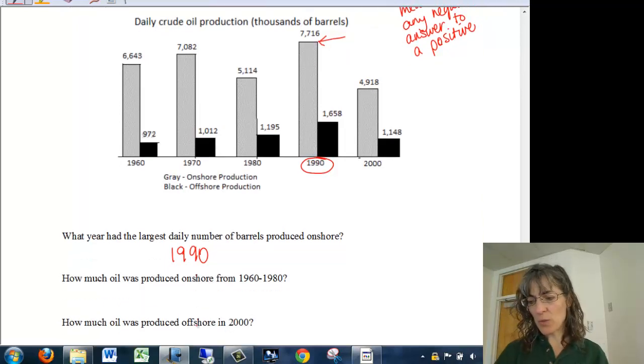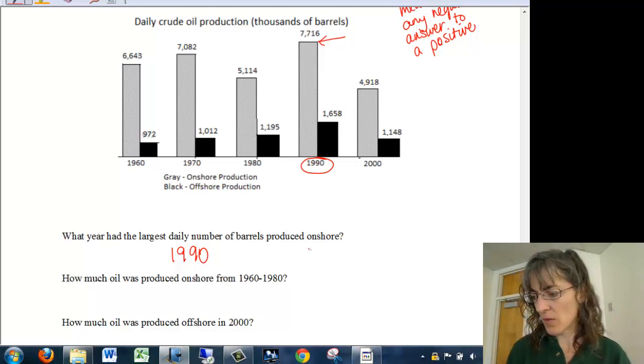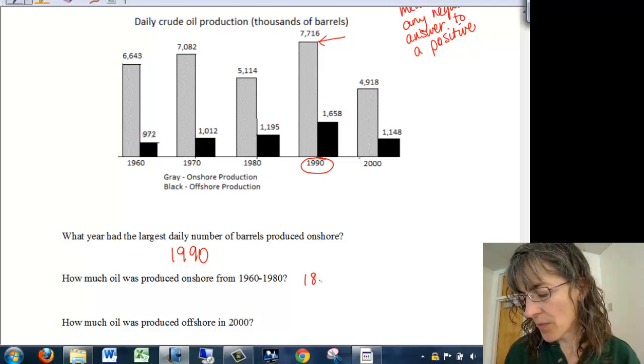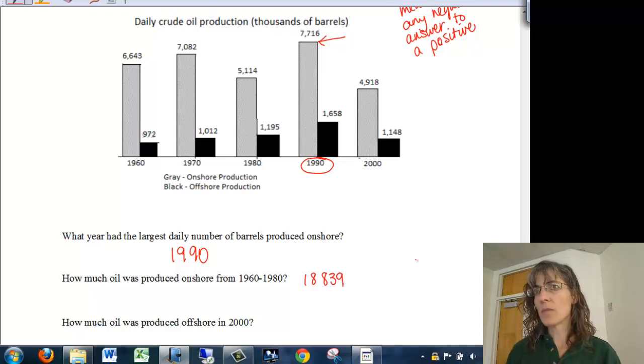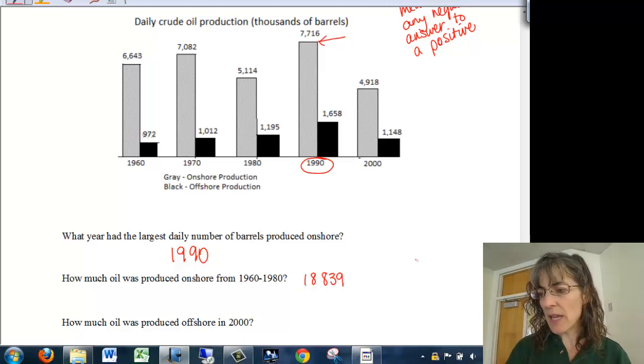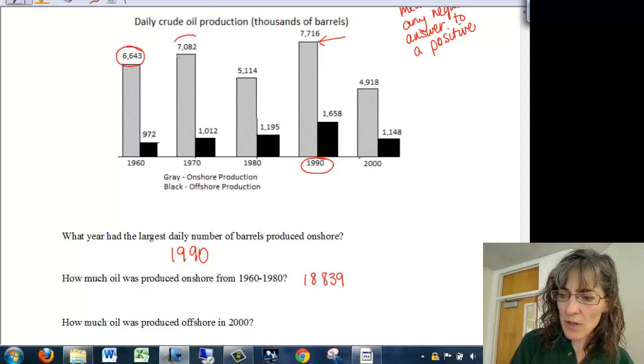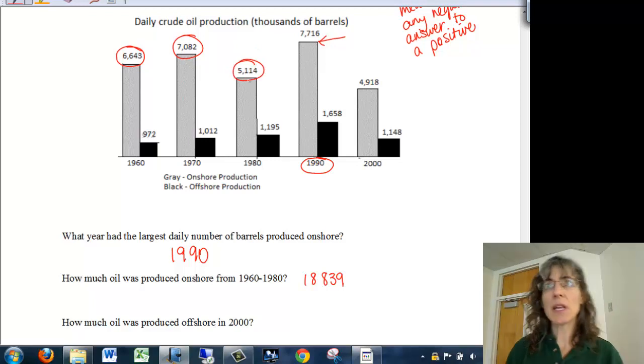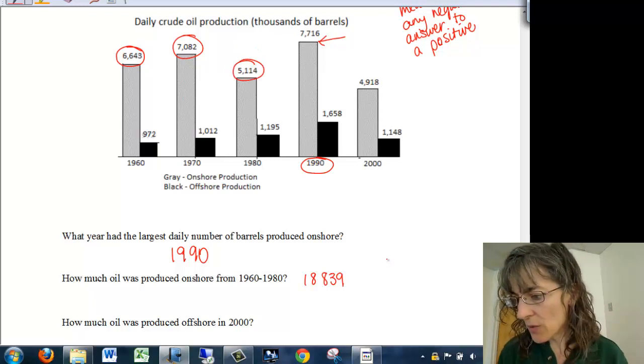Okay, so how much was produced onshore? So we're looking at just the which color? The gray, from 60 to 80. So can you figure it out? It's 18,539 by adding all three bars from 1960 to 1980. Okay, so Aaron's saying add the three gray bar totals, so this one, and this one together. Okay, and so it's